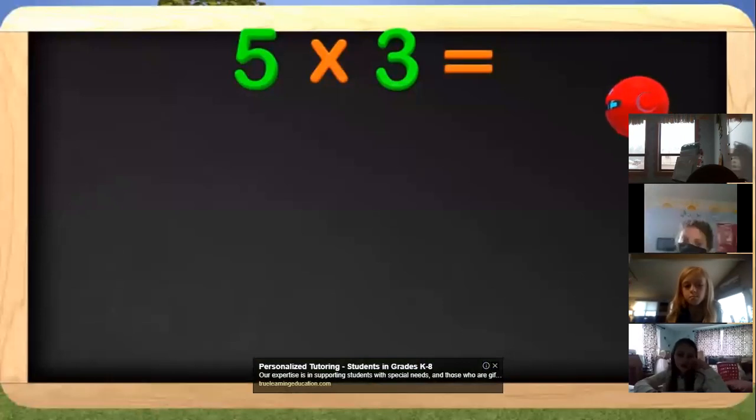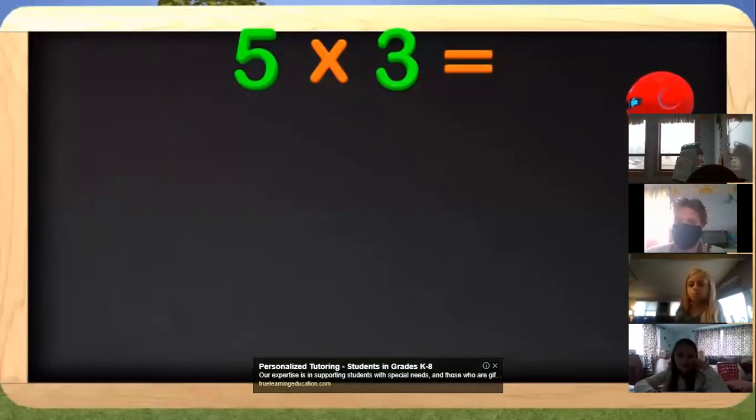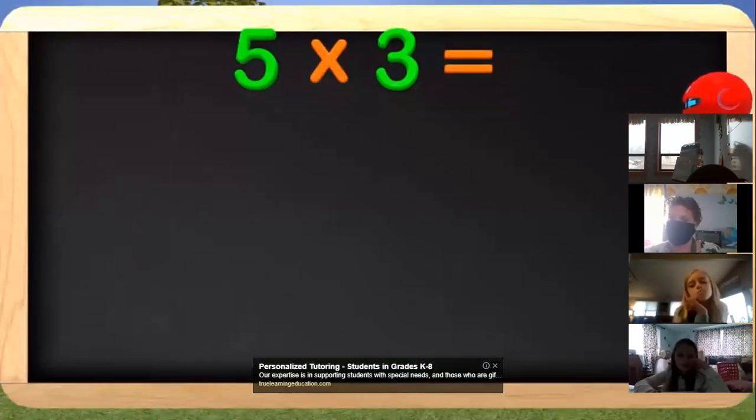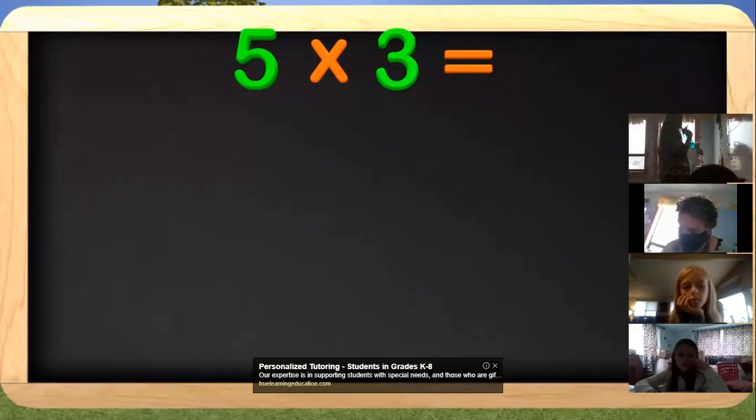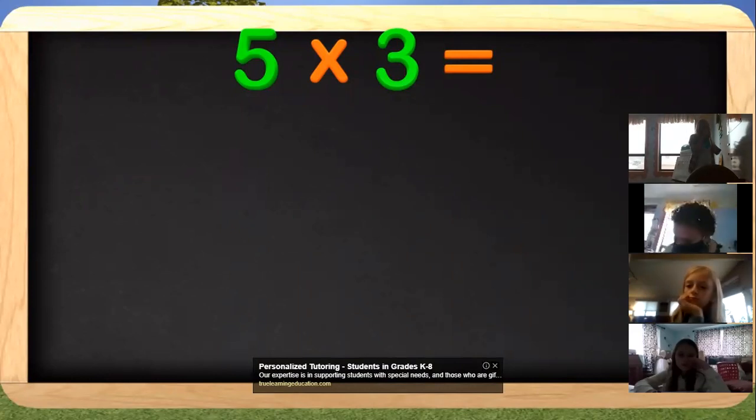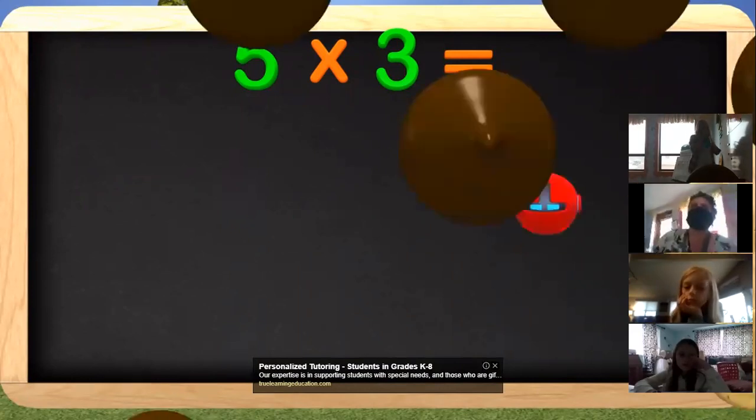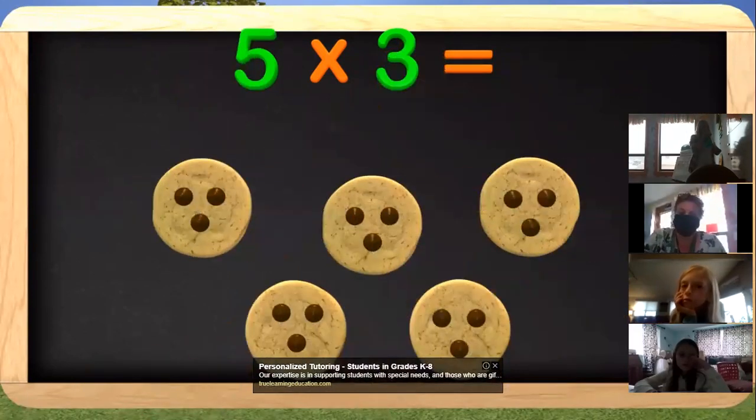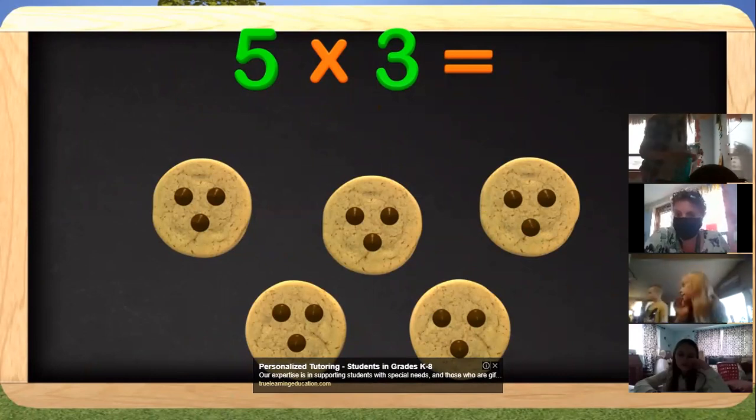I have here a multiplication problem of 5 times 3. Some of you may already know multiplication, but I need a little help. Maybe my robot friend could bring in something to help me out. Wait a minute. My robot brought me some cookies, but how is that going to help me? I know. He wants to look at different ways to multiply, and drawing a picture is a good way to